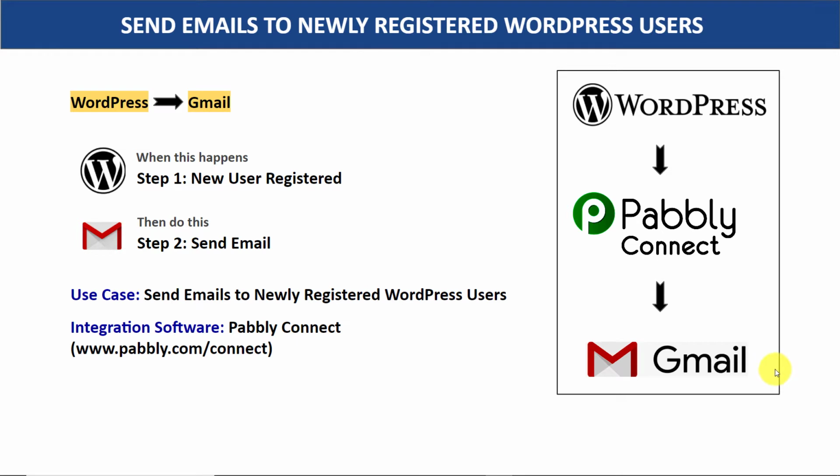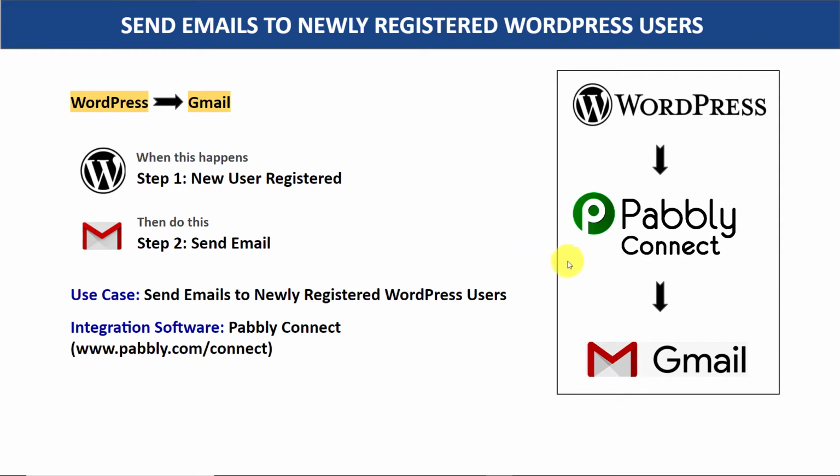So here you have two choices. The first choice is copy all the details of John from WordPress, sort it out, create a message and manually send it on Gmail. The problem with this approach is it's actually very repetitive and tiresome. So I would suggest that you bring in some automation so that whenever a new user registers himself on WordPress, he will be automatically sent an email.